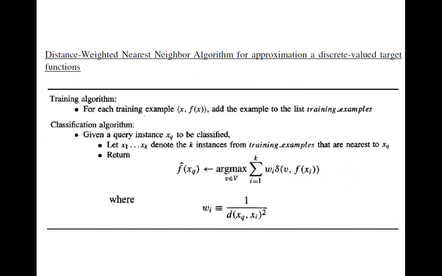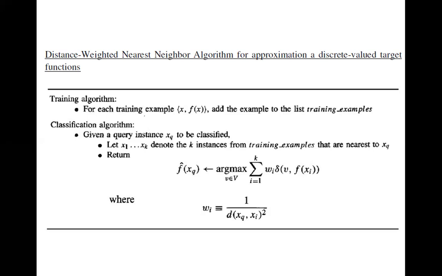So, the distance weighted nearest neighbor algorithm. Previously, we saw just the KNN algorithm. Here, if you add weight with respect to the distance, the distance weighted nearest neighbor algorithm will be like this. The algorithm is as follows. In the exam, they may ask you to write the KNN algorithm, or they may ask you to write the distance weighted nearest neighbor algorithm. Both are different. You have to keep in mind which algorithm you are writing. So the distance weighted nearest neighbor algorithm is like this.